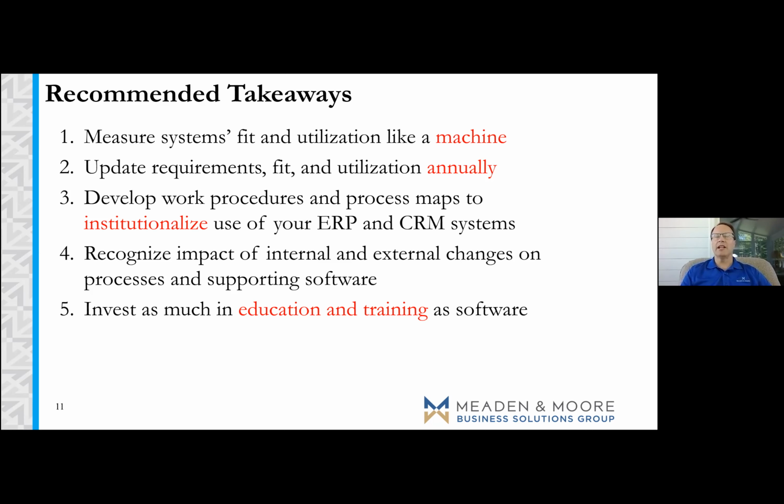And then the last point of it, always, when you go into it, invest as much in education and training on the software as the software itself. And if you set that marker, kind of a 1-to-1 ratio for your budget, you will not walk away with what is called shelfware, where the software is perfectly fine, but no one knows how to use it. So that's the